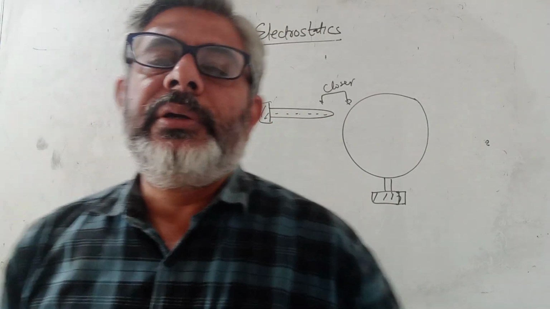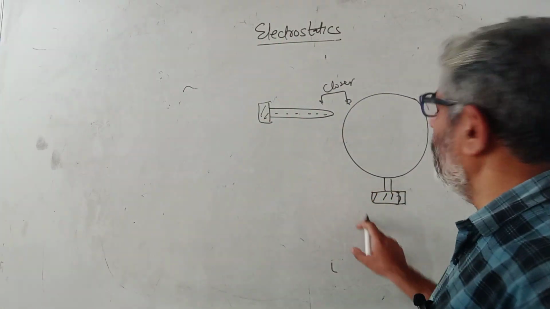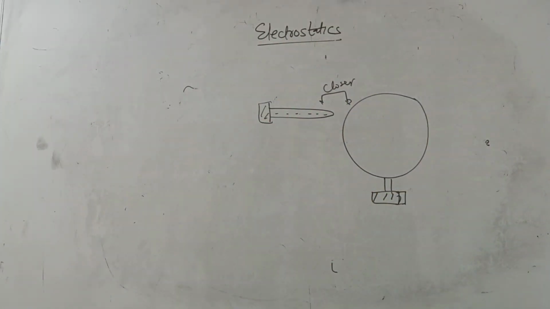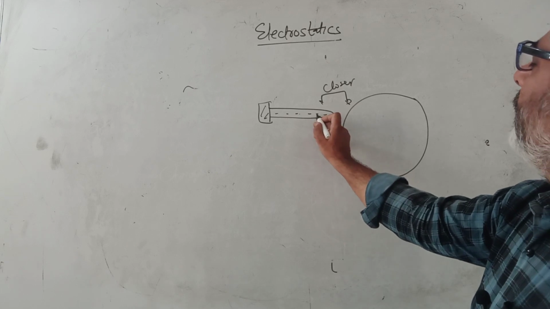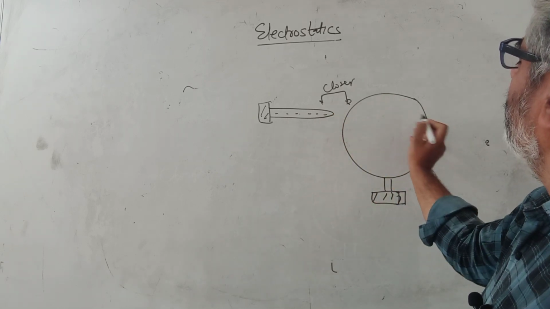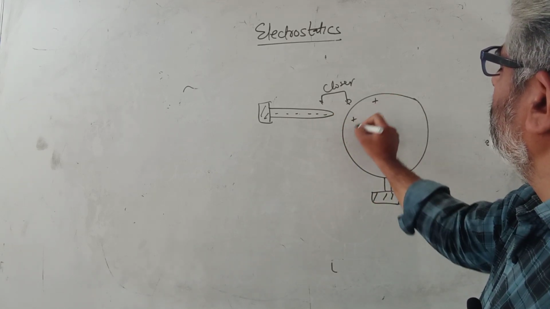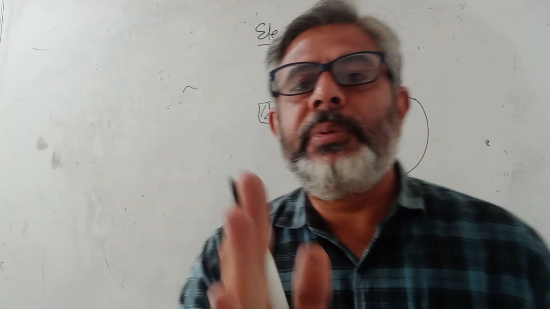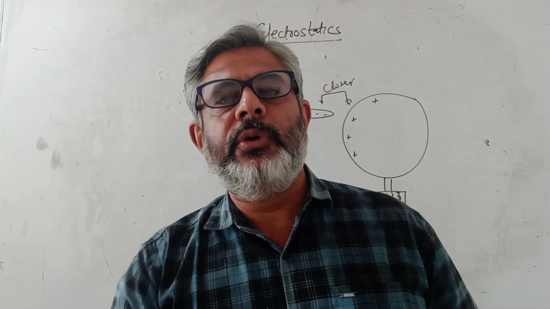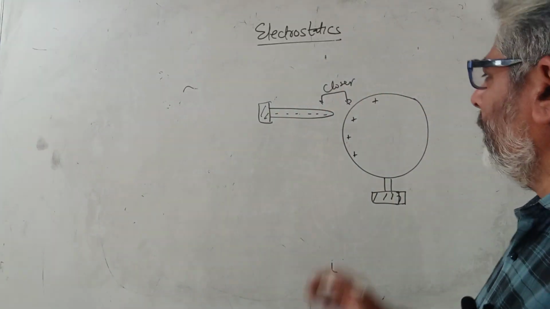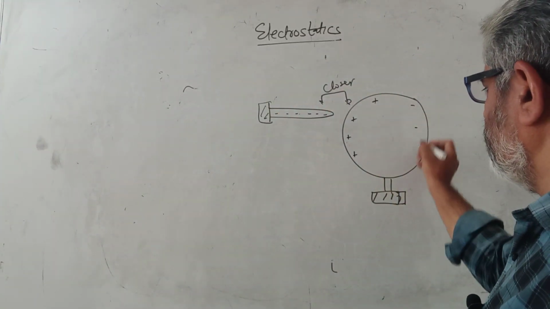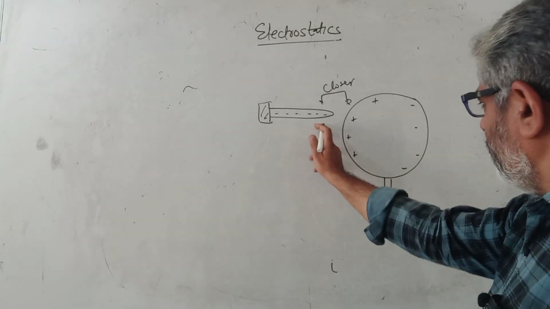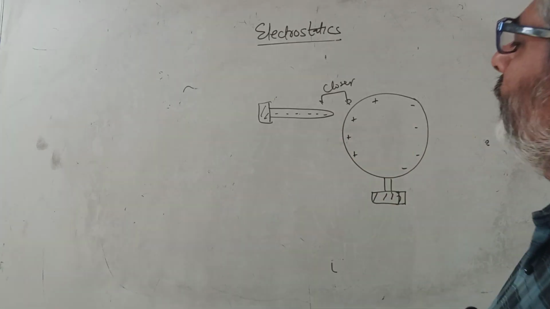And why am I doing it? Because I don't want it to be in contact with the earth, because earth is a conductor. So what I am doing here is I bring it closer to this, so it will repel electrons. So something like this will happen. I am talking of the effect. Actually it happens molecularly, molecule to molecule transmission, but the resultant is this side becomes negatively charged because it has repelled electrons, this side becomes positively charged.